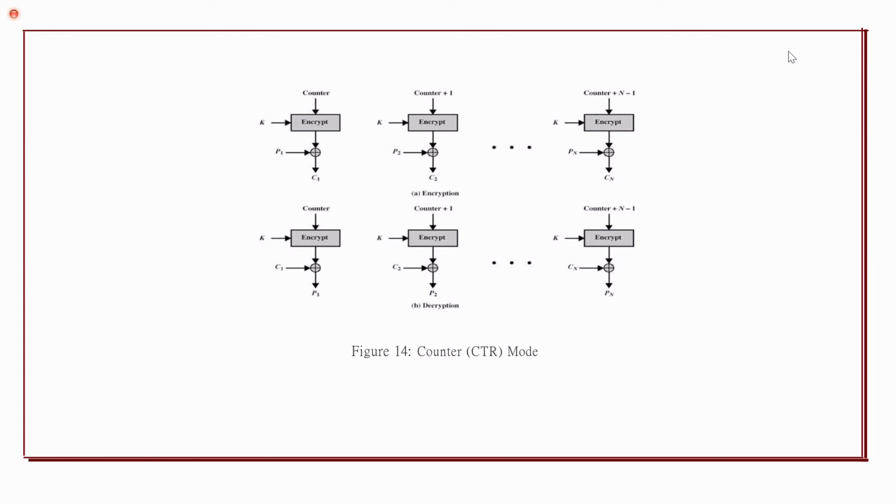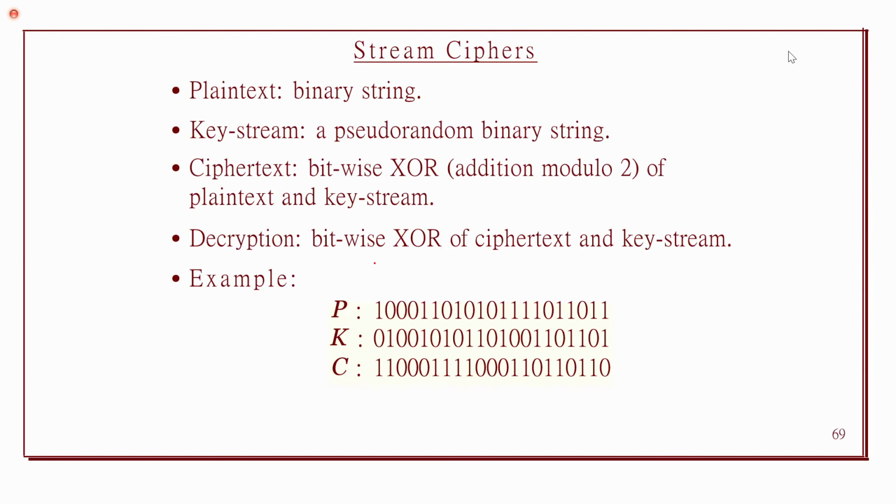At the decryption side, again the 64-bit counter will be used, and it will be decrypted in order to produce the plain text. And ciphertext will be used to perform the XOR operation. So these are the different modes of operations. These are the different types of modes of operations.